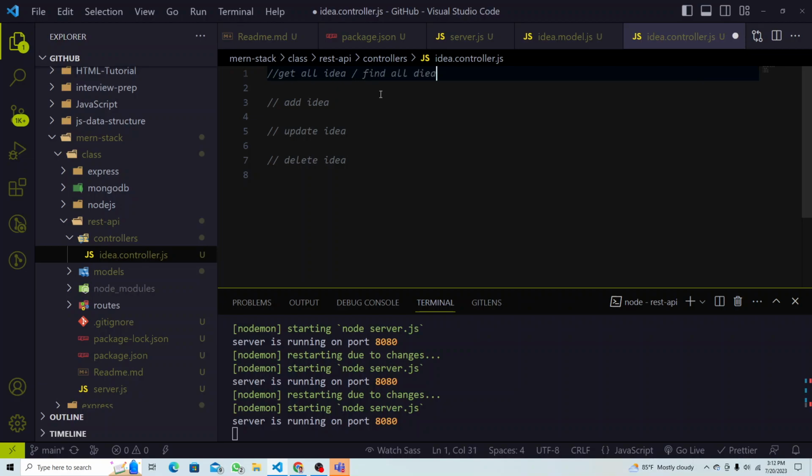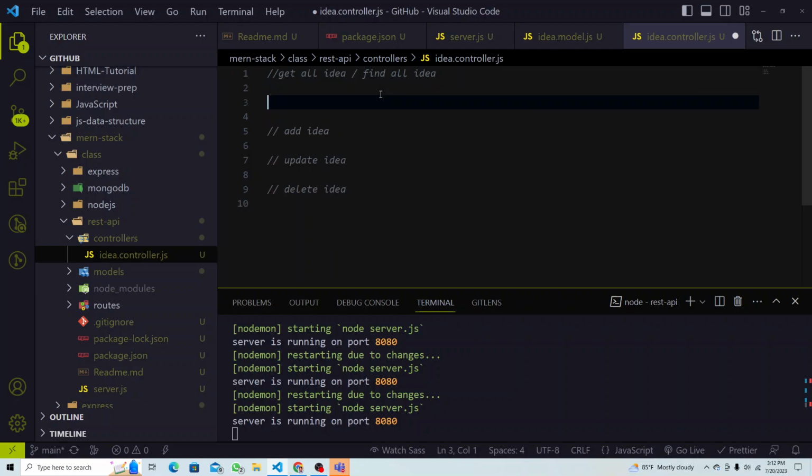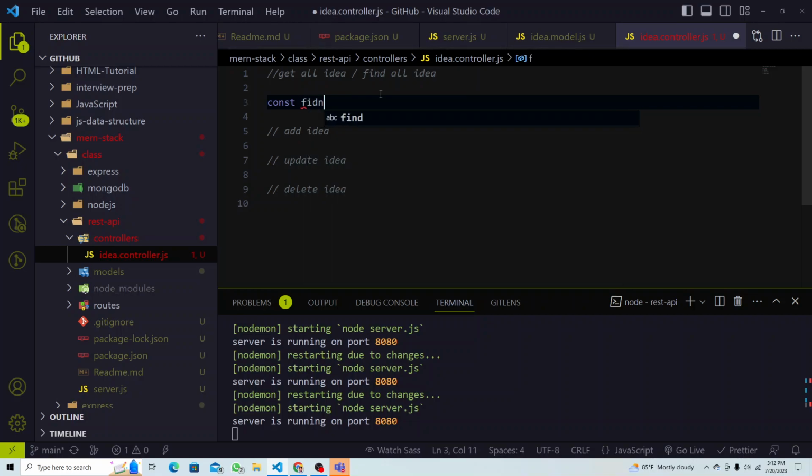Find all ideas. So you can see we're using different names. Okay, first a simple function. Let's write const findAllIdea equal to